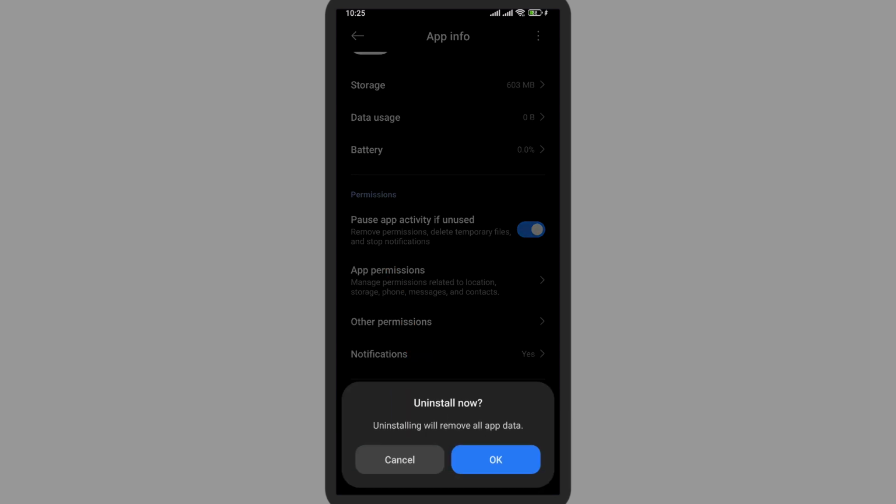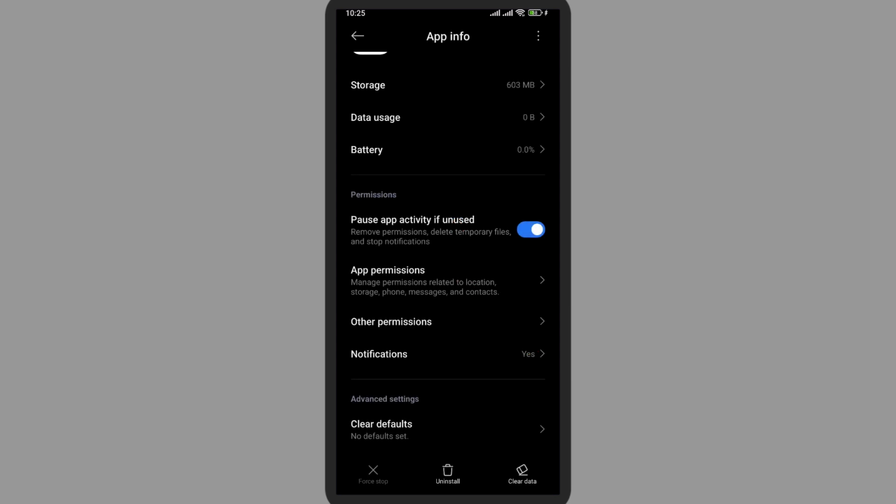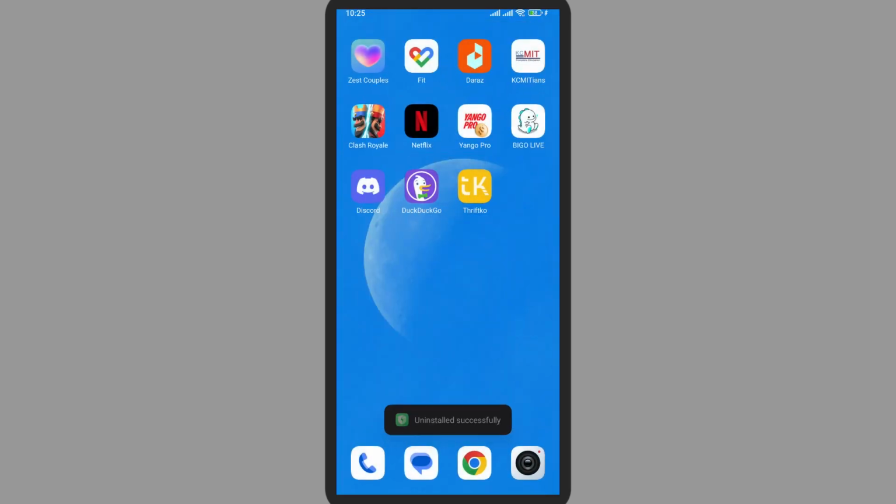Simply tap on uninstall. Now before removing the app, make sure you have your ID and password saved for later, because when you install it, you might need it. Now make sure you want to remove it and tap on OK. So it will take some time, and as you can see, the app is completely gone from my mobile device